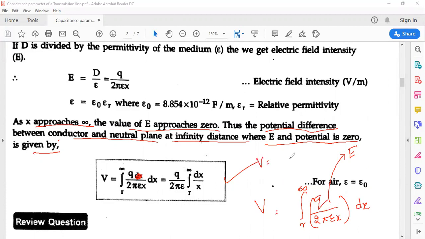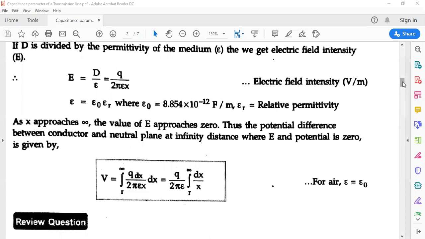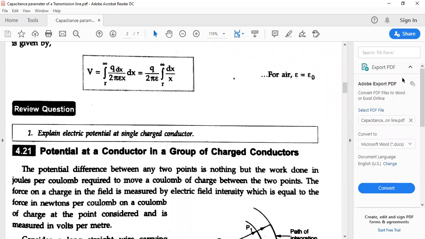So the voltage or the potential that is present there should be between 2 points, that is, integral of E dx. E is given as Q divided by 2 pi epsilon x, and dx, it has been integrated over a small distance. So 2 pi epsilon, these are the terms which are constant. E is Q divided by 2 pi epsilon, 1 by x. This is the term which needs to be integrated now, with limits given as lower limit r and upper limit infinity. So any limit can be applied to it.